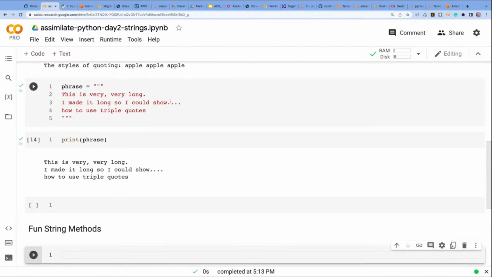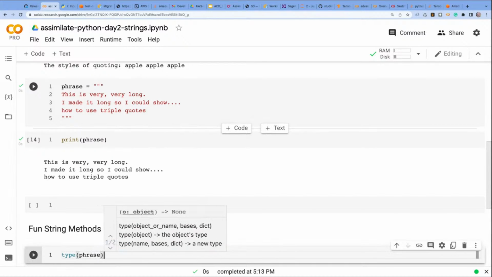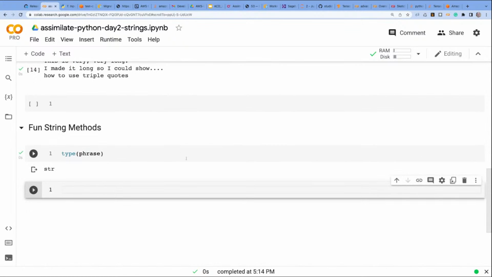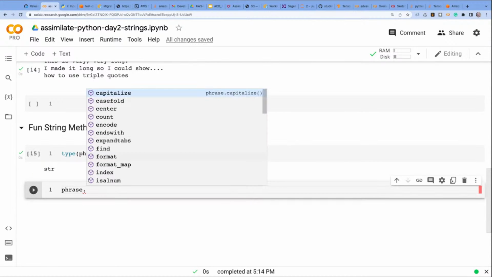And what we can do, an easy way to do it, is to put a string. You can tell if something's a string by using type. A string by itself will come with methods. You can say dot in an environment that does code completion, and it will show you things. So if we say capitalize,